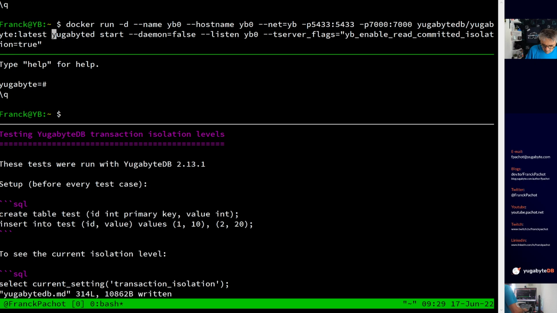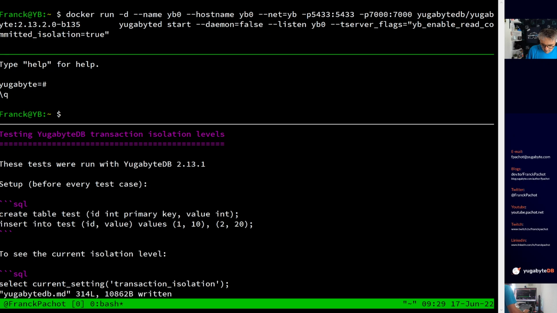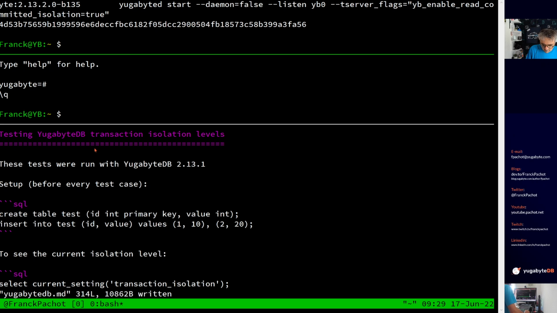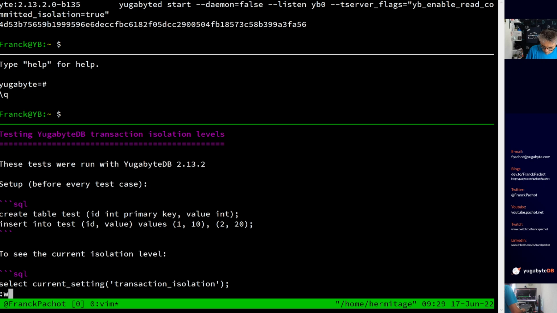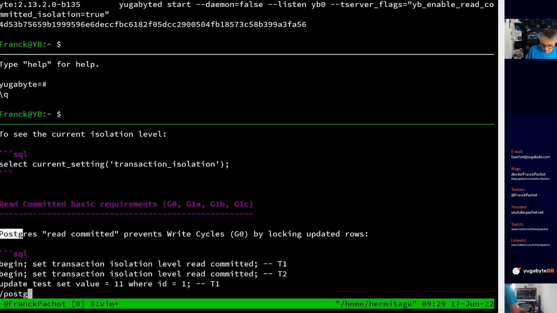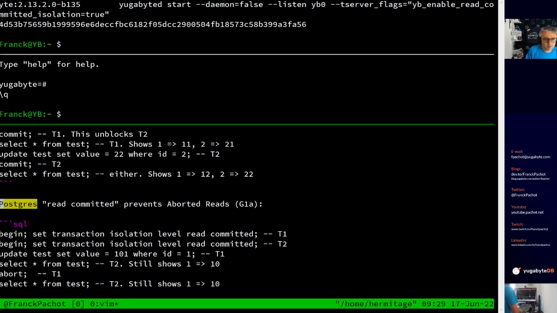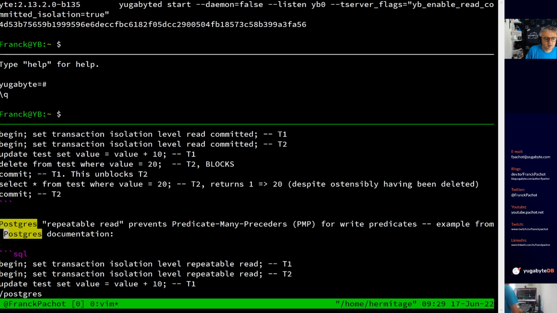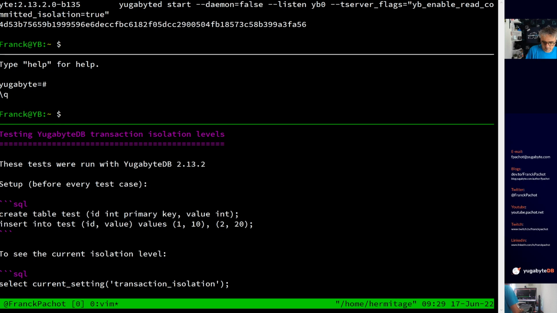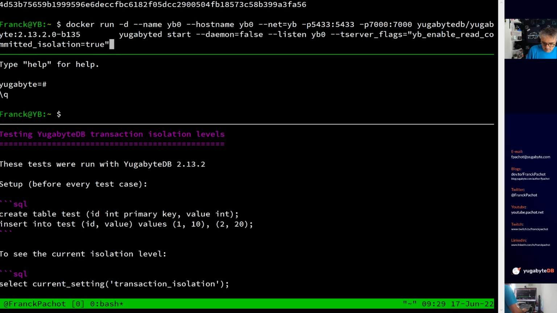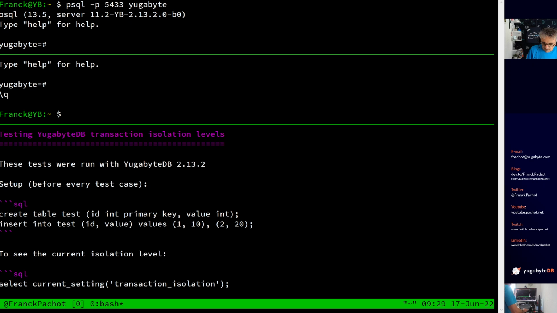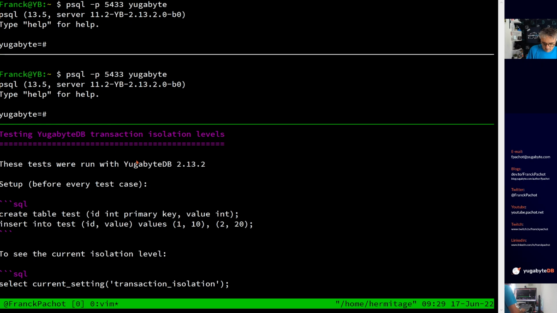Where is it? I don't know. Yeah, the latest preview is there. So that will be .2. Just checking where Postgres is mentioned, and everywhere I will update with Yugabyte. Sorry, this is already started. I connect and